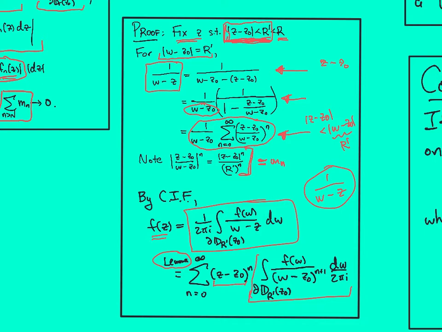The resulting thing is this integral, which, by previous results, you can change the radius you use here, and you could shrink it down. You could even take a limit as r goes to 0 if you want. But this gives the result because this is a power series. These are our coefficients, and these are the monomials in the power series.